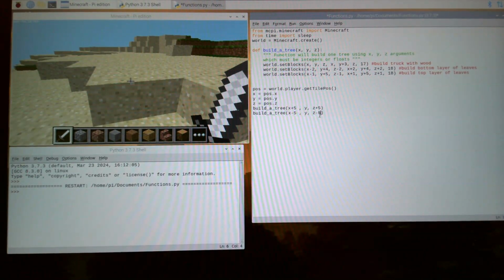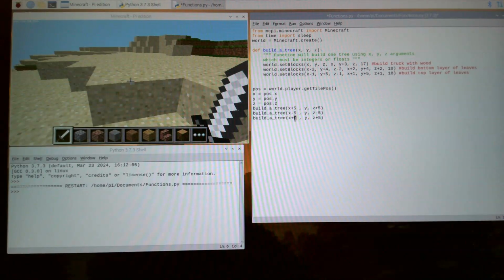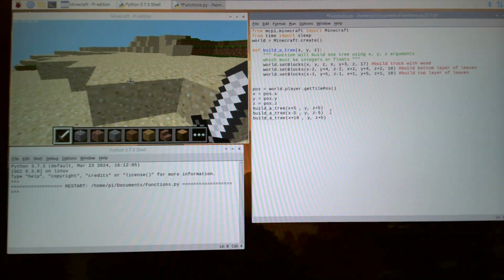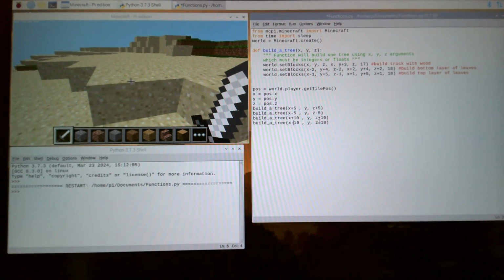And then we can build a third tree. So maybe we'll put this one 10 units away, so we'll do plus 10 for each of those. We can build another tree, and we'll put this one minus 10 in each of those directions. Okay, and we can just keep building trees, as many as we want, by calling this build a tree function